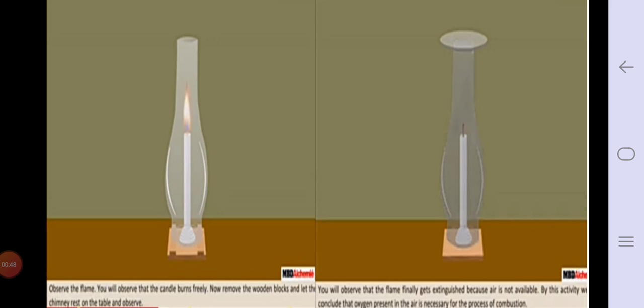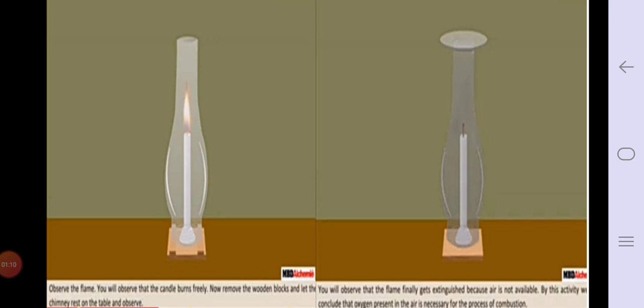See here in the picture you can see a candle. Fix a lighted candle on a table, put a glass chimney over the candle and rest it on a few wooden blocks in such a way that air can enter the chimney. Now in the first picture air can easily enter the chimney, you can see that, and because of that